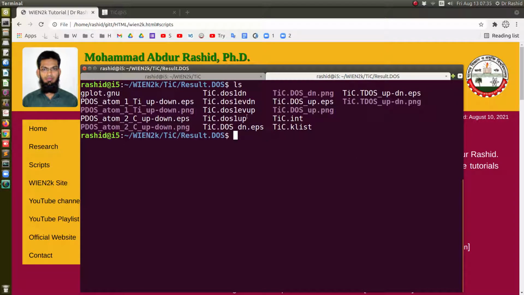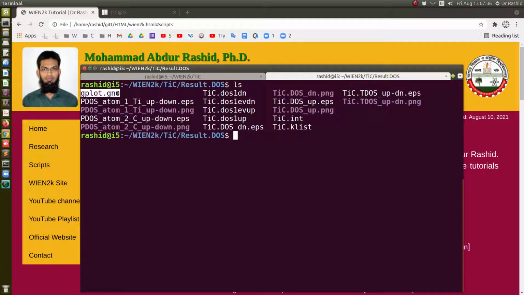So all these results are set. These are the files. This one, DOS1 EV up, is the result that has been plotted. The data are here, in units of electron volts, but you also have these results in Rydberg. This is for the spin down, and the new plot script that is used to plot